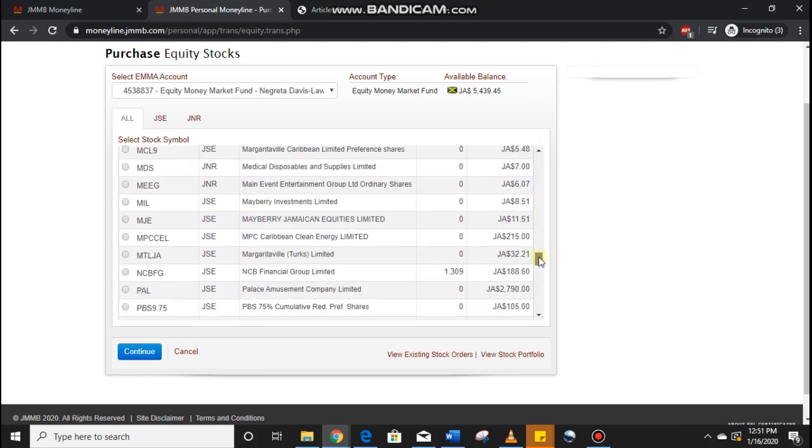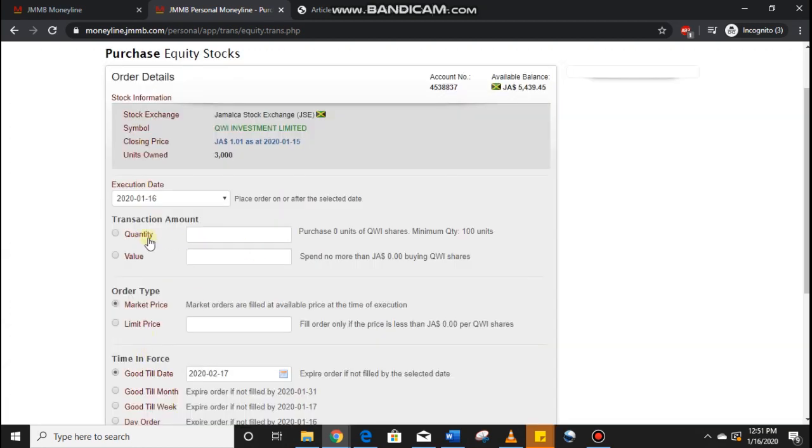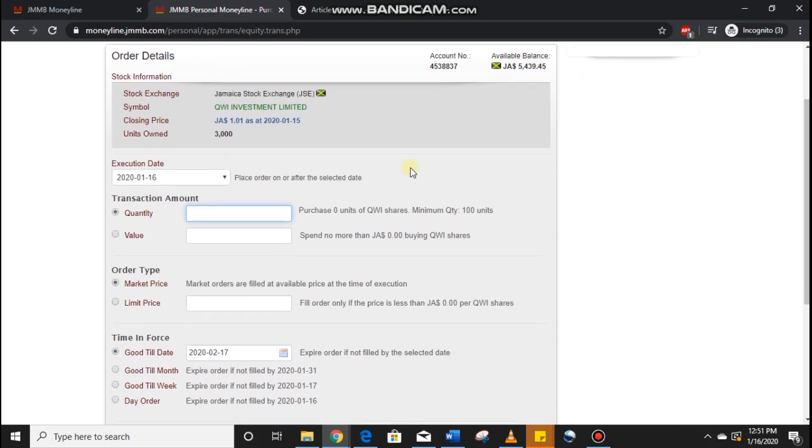So that would be here, and you can see it shows how many units I currently own in the stock. This $1.01 is basically saying that that is where the stock closed yesterday. I'll continue. I could put in a quantity, but I just want to spend all of these funds on QWI. So I'm not going to put in